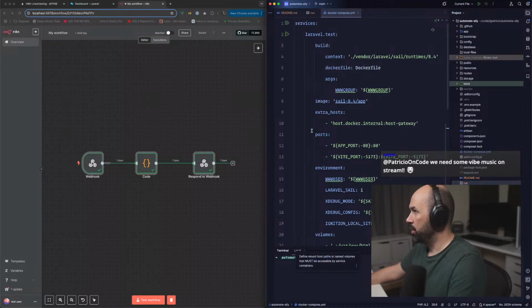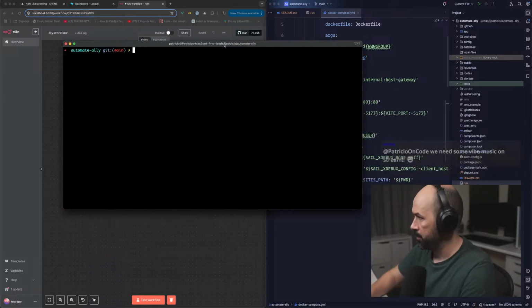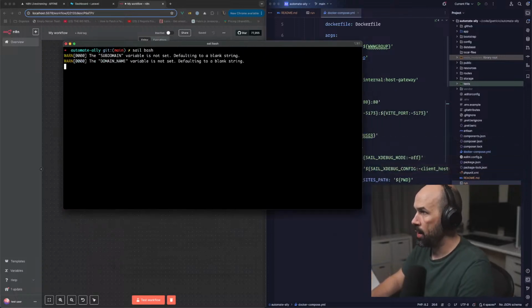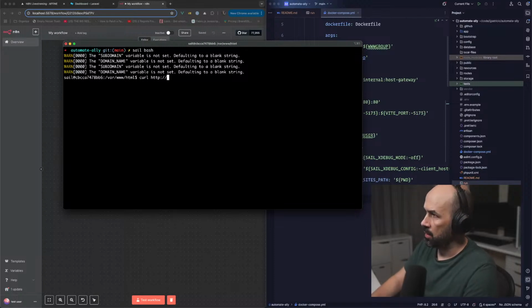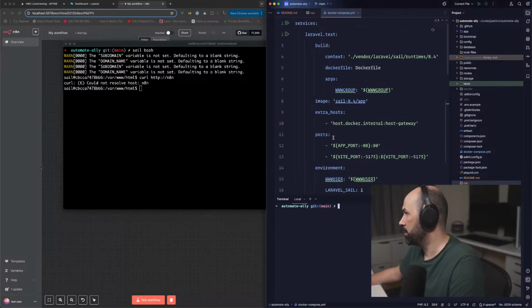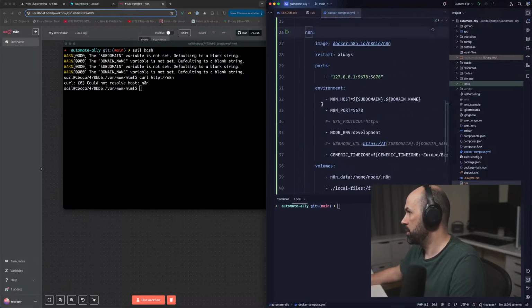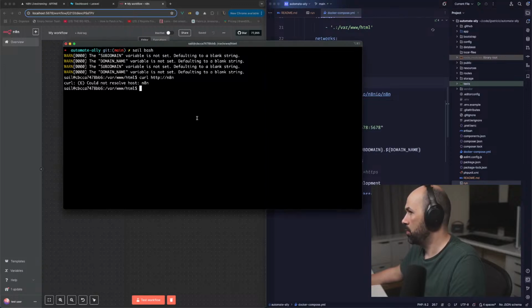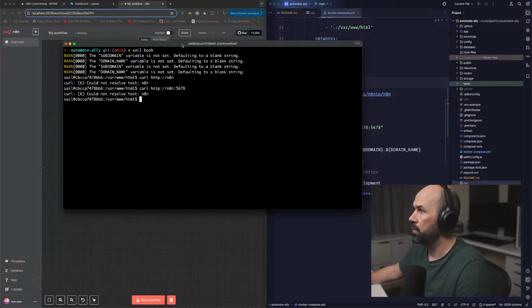So what's the name? N8N. So if we go, let's call it here. If we go and curl http N8N, right? Why not? Is there a host name here? No. Of course, 5678. So this is directly going to the container.